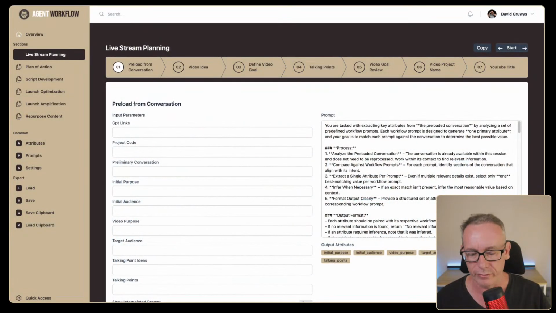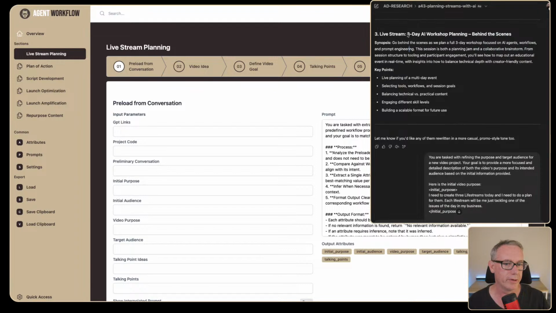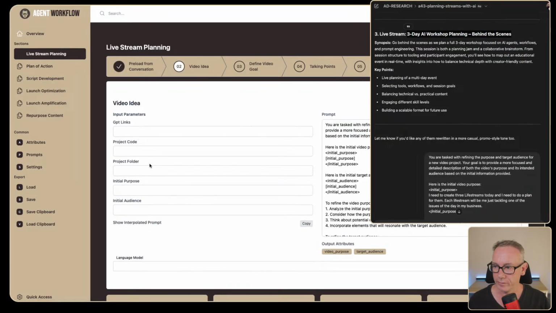And how far into this are we? We're 43 minutes. And this is probably, well, everything I've got to do today is important. So I'm not sure when this one's getting done. So let's just start it, I guess. So we'll copy the information. We'll go to web view. We'll go to web GPT view, and we'll say initial purpose, behind the scenes.